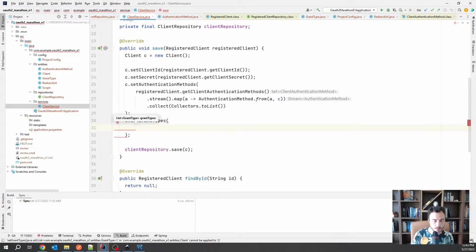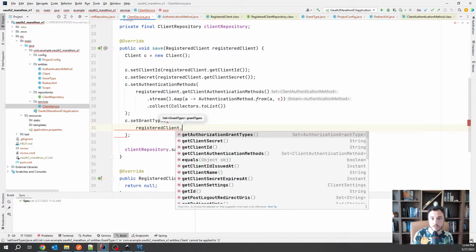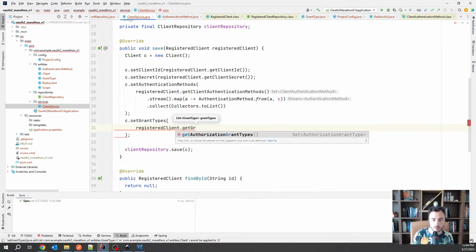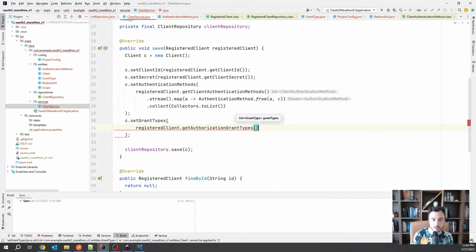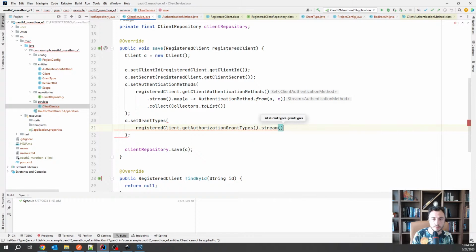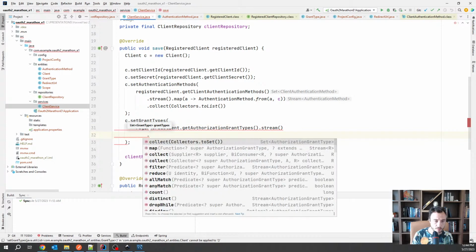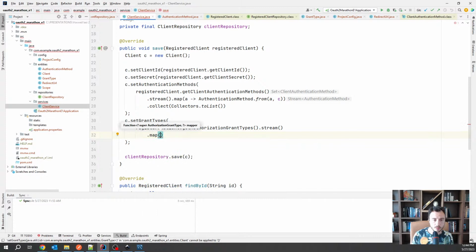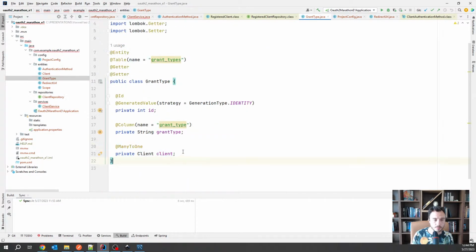Register client get authorization grant type. It's a set, and we'll do basically the same thing. We'll stream it, and we'll have to map it to our grant type. So we'll have something like